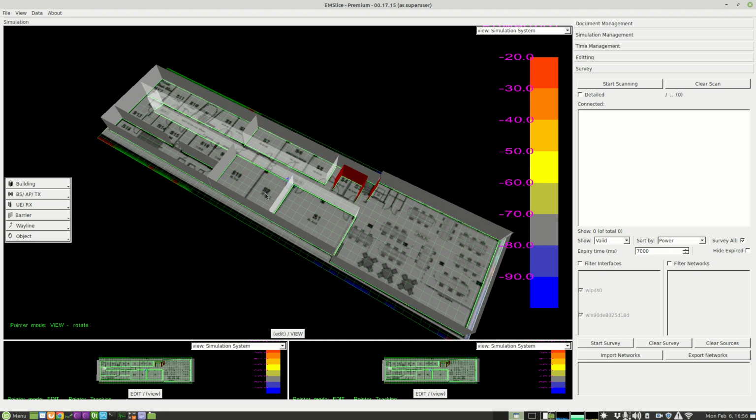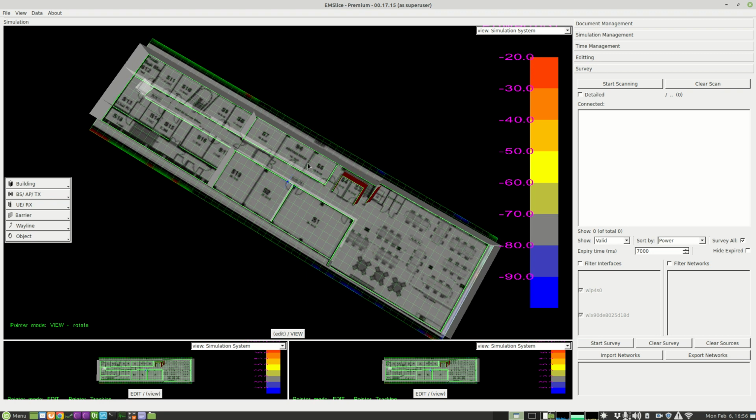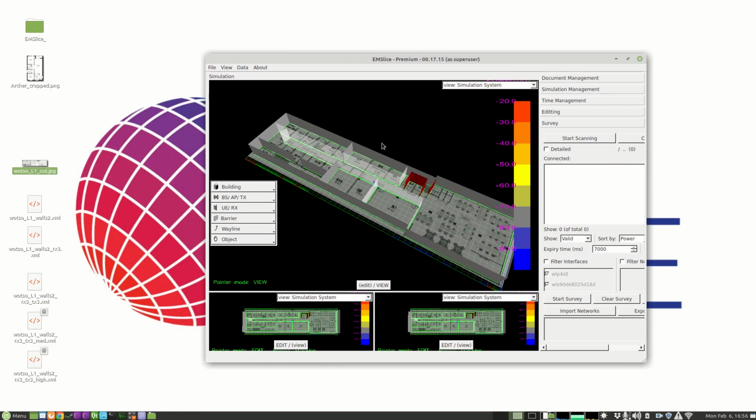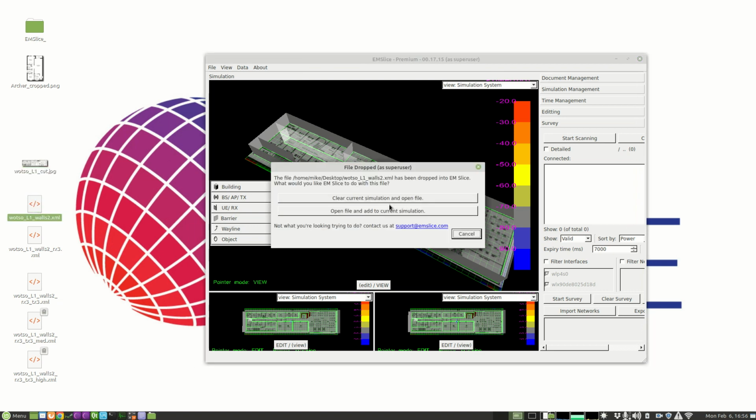Now this isn't all of the walls that are present in this building. There are other partitions, there's other brick walls, etc. that I haven't added, but I have previously traced out all the walls on this building, so I'm going to load that one instead. So remove this current simulation and open this one, the other one that I've just dropped onto the window,